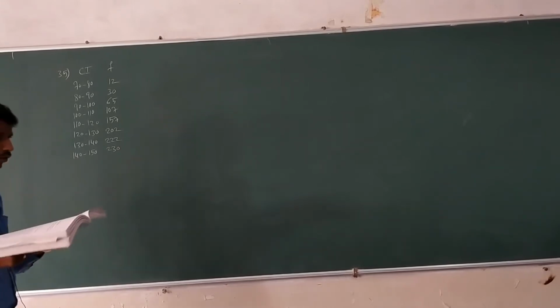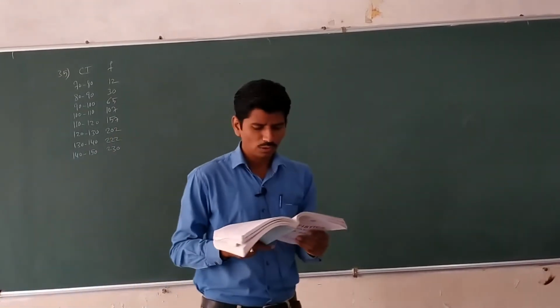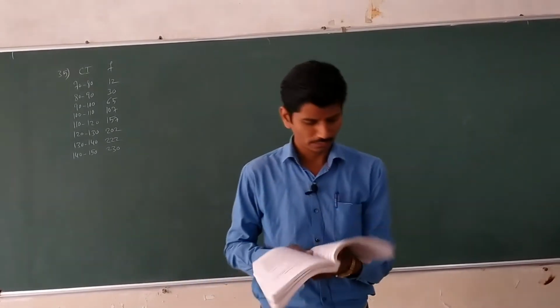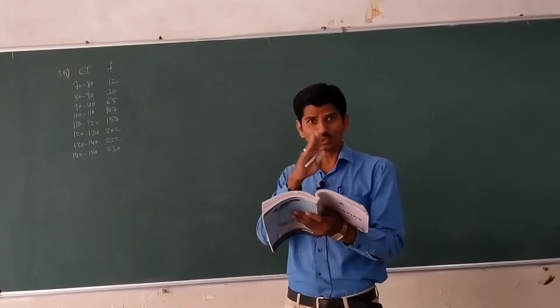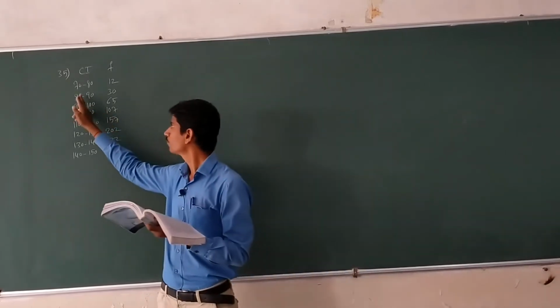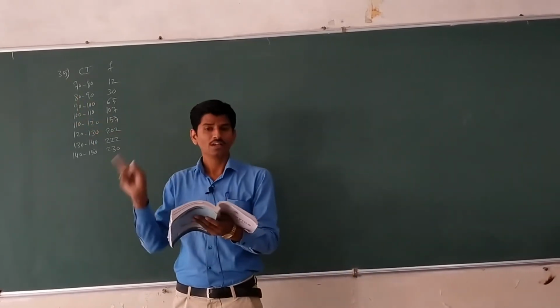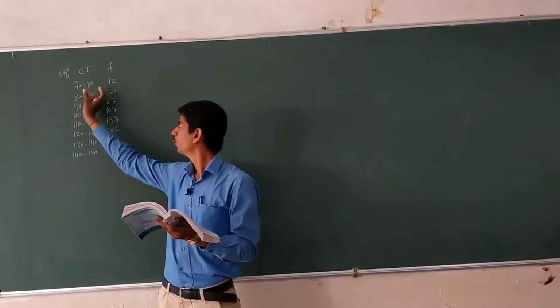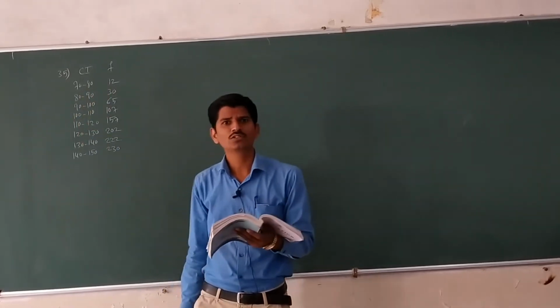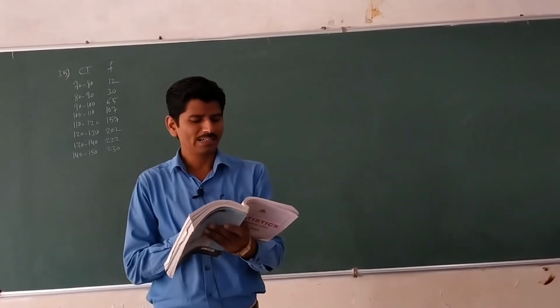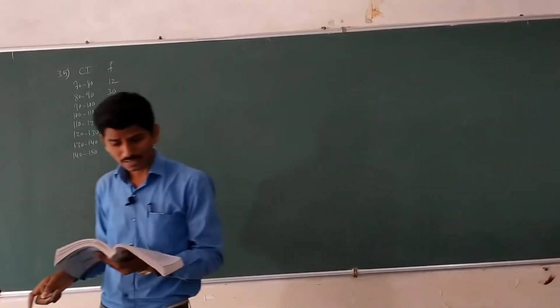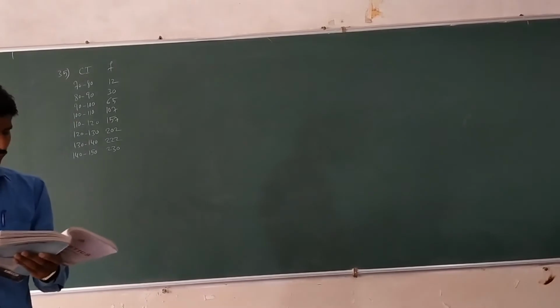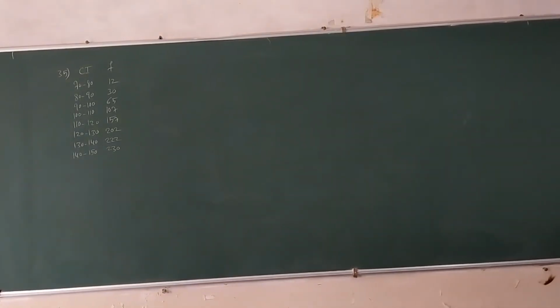Here they are given up to 80, up to 90, up to 100, up to 110, up to 120, up to 130, up to 140, up to 150. Here up to 80 means 0 to 80. Up to 80 means you have to take 70 to 80, up to 90 means 80 to 90, up to 100 means 90 to 100, and so on; up to 150 means 140 to 150. With respect to the number of workers the values are 12, 30, 65, 107, 157, 202, 222 and 230.